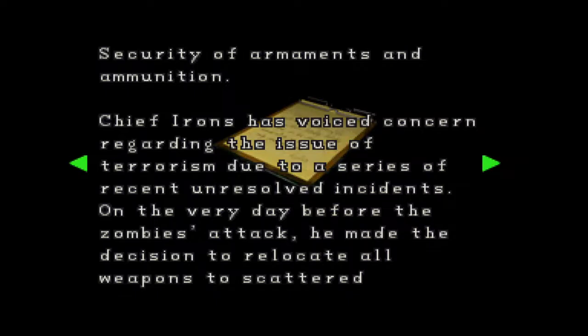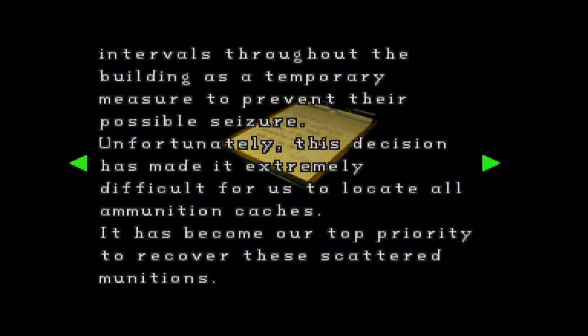Security of the ornaments and ammunition. Chief Irons has voiced concern regarding the issue of terrorism due to their series of recent unresolved incidents. On the very day before the zombies attack, he made the decision to reallocate all weapons to scattered. Intervals throughout the building as a contemporary measure to prevent their possible seizure. Unfortunately, this decision has made it extremely difficult for us to locate all the ammunition caches, and it has become our top priority to recover these scattered